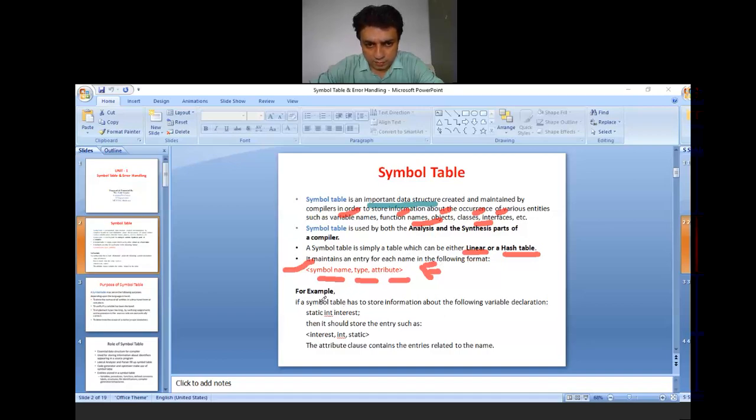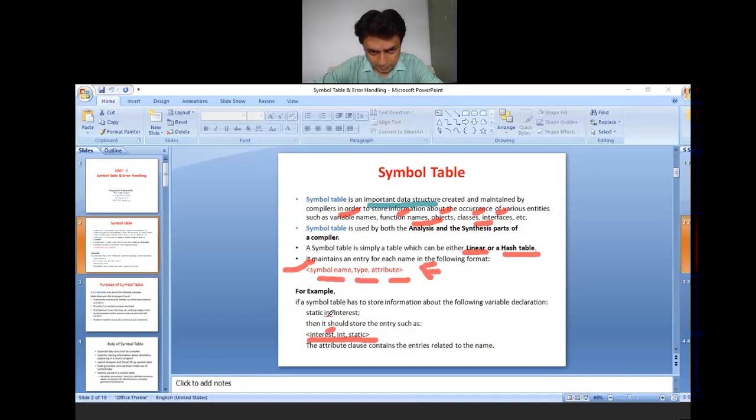For example, if a symbol table has to store information about the following variable declaration, like we have a sentence like static int interest. So it should be entered in the symbol table as, we need to store it in the curly braces like this, and then interest in the name of symbol name. We place interest, then the type.